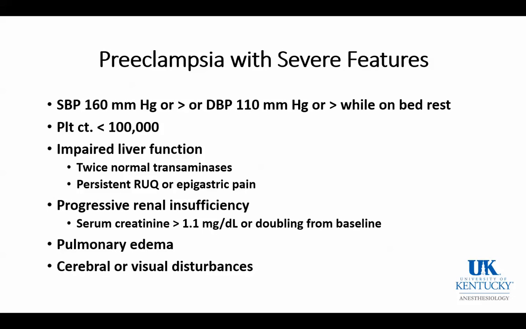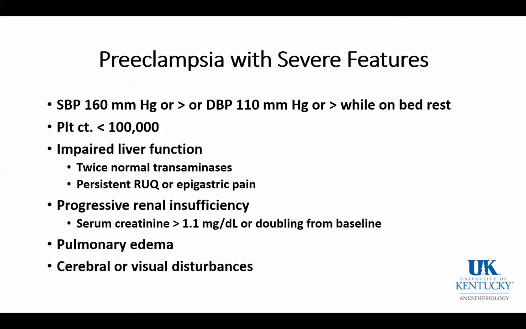Now, in terms of preeclampsia with severe features, the blood pressure criteria remain the same: a systolic of 160 or greater, or a diastolic of 110 or greater while the patient is on bed rest. So if they have those blood pressure ranges, that makes them preeclampsia with severe features. Most of the other criteria that could also be used to establish the diagnosis of severe preeclampsia remain, including the thrombocytopenia, evidence of impaired liver function such as elevated liver transaminases, or a patient with persistent right upper quadrant or